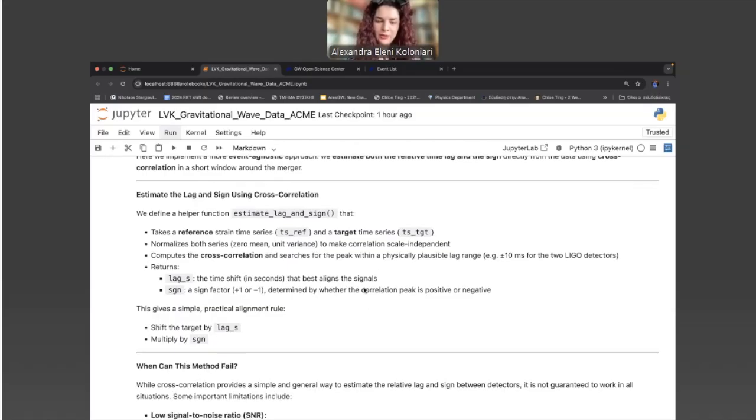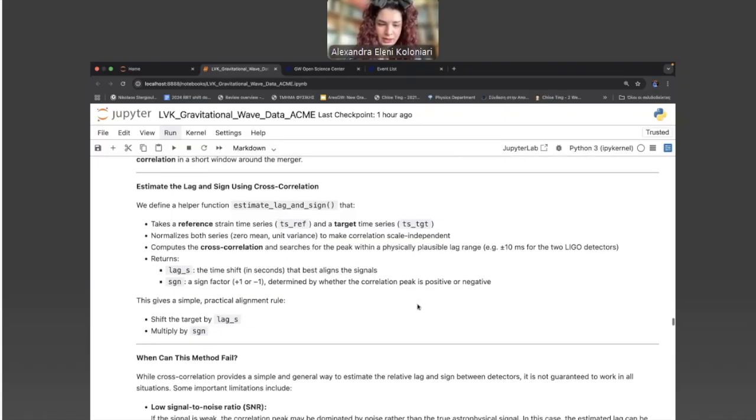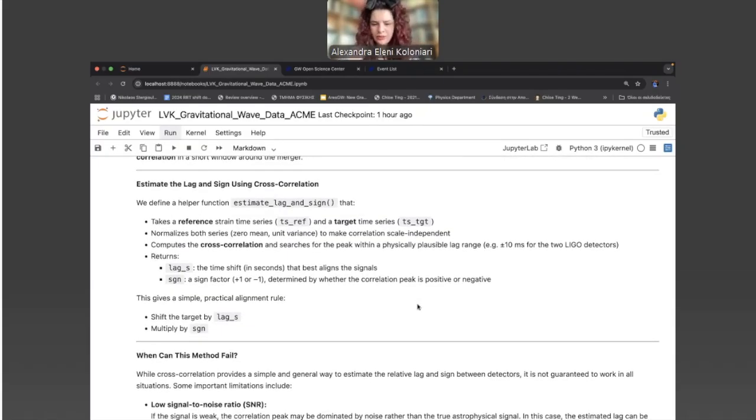Then this function computes the cross correlation and searches for the peak within a physically plausible lag range equal to 10 milliseconds, which is again the max that we expect for those two detectors. And by seeing if the correlation is positive or negative, we can determine if we have a plus sign or a minus sign.